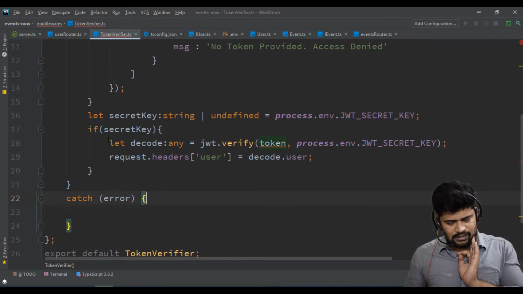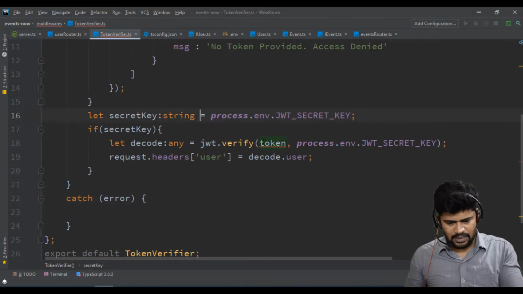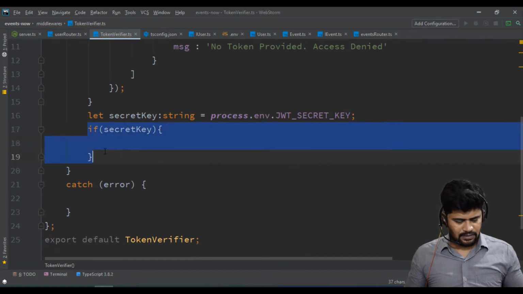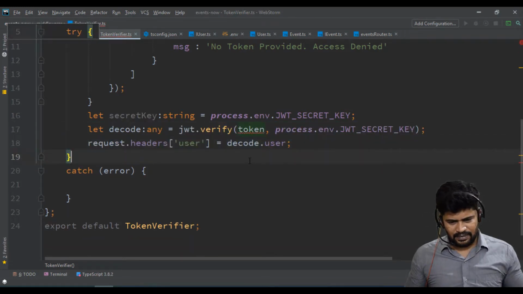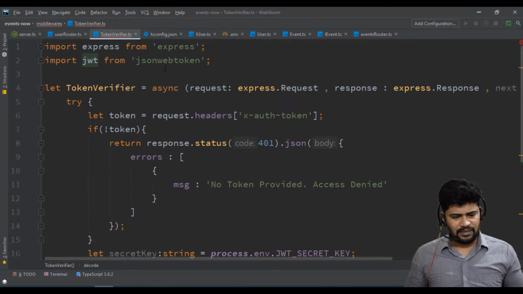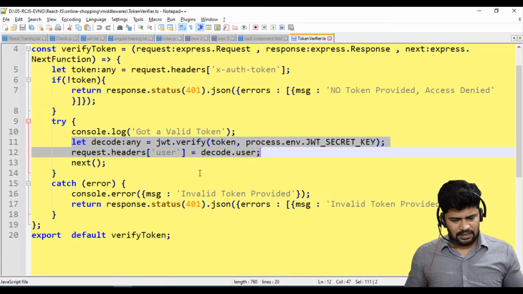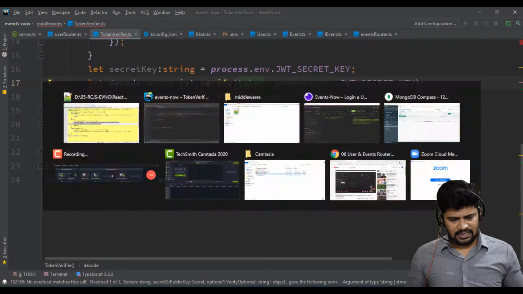It's supposed to be ignored, I think. Okay, do one thing: get the string directly and decode directly, don't check anything. Still, JSON Web Token dot verify the token. Actually, it is correct.